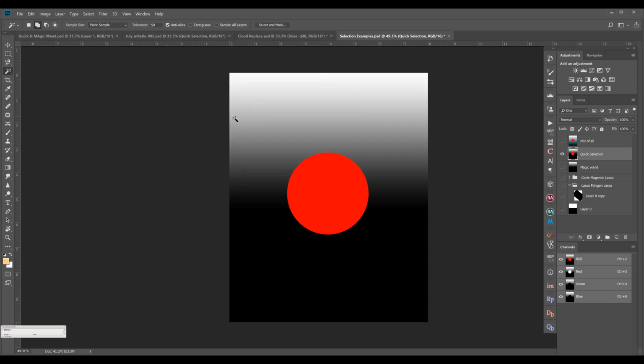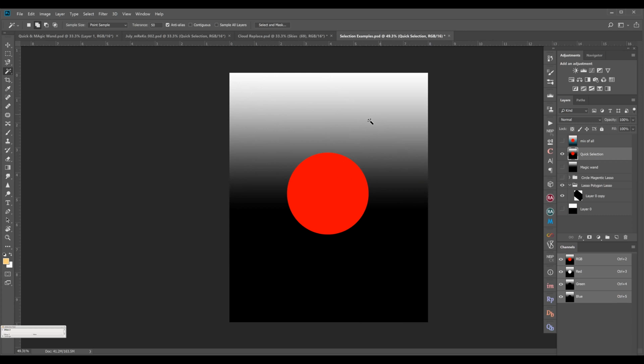So one important thing is that selections have to be made always on the layer where you want to do the selection. For example, previously what I did, I was on this particular layer and I did the selection. So it selected the rectangle for me. So in that case, your selection is not working properly. So in order to do a selection, you have to be on the layer where you want to do the selection.